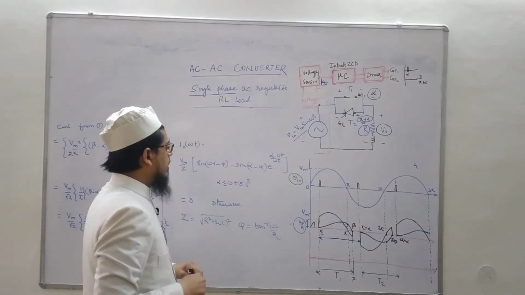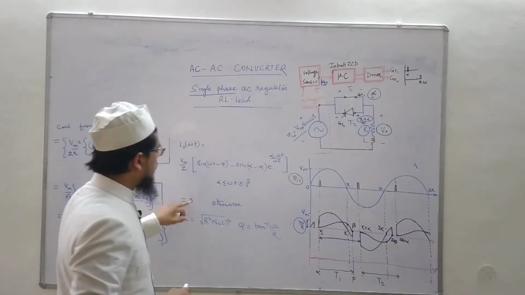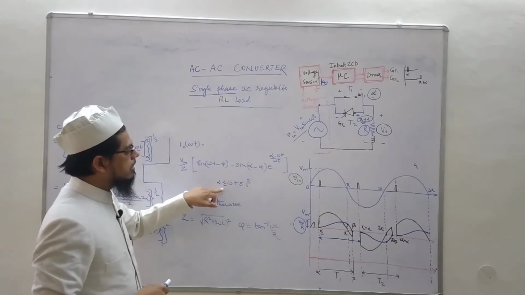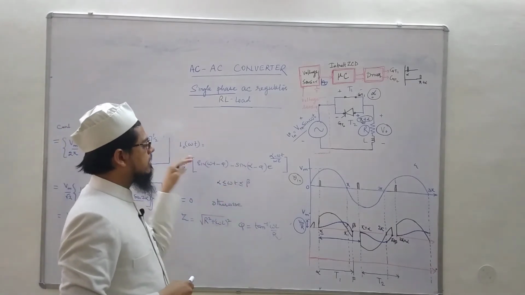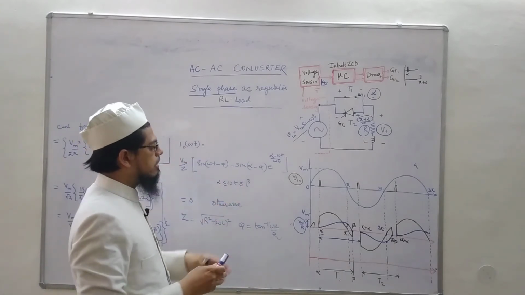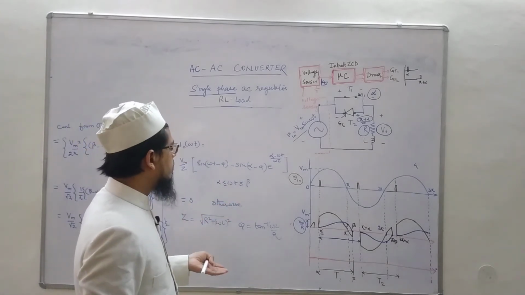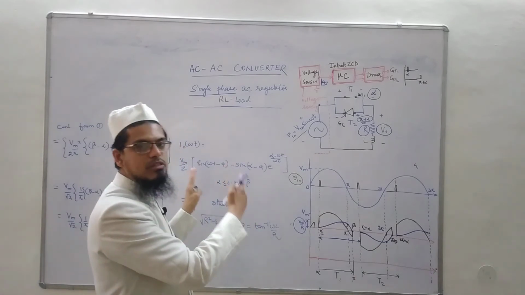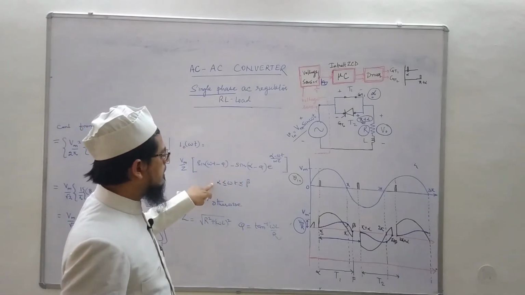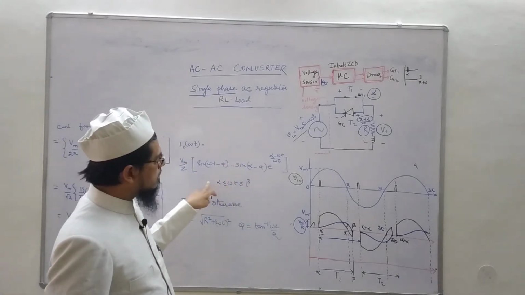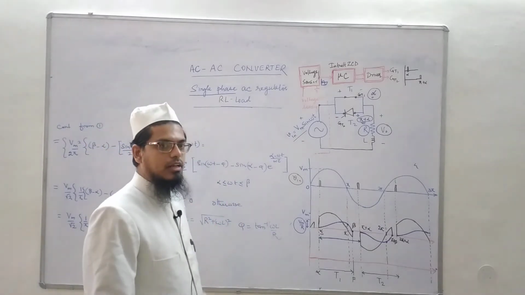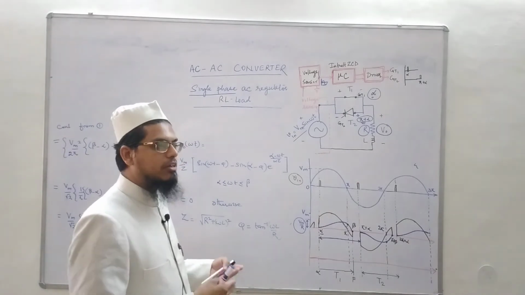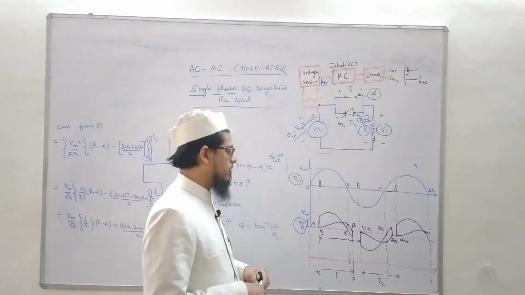Okay. And the output current is 0 apart from this duration, from alpha to beta, where this is the expression for current. If omega t is some other value, then it is 0, and this is for one cycle. So you have to add pi to it on both sides when you are talking of the next cycle, and 2 pi or 3 pi to it when you are talking about the higher cycles.